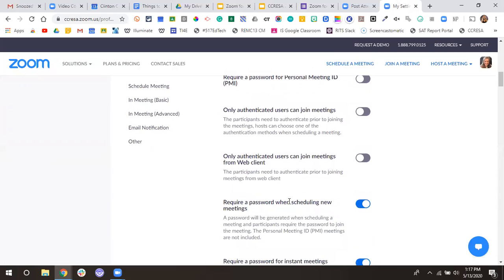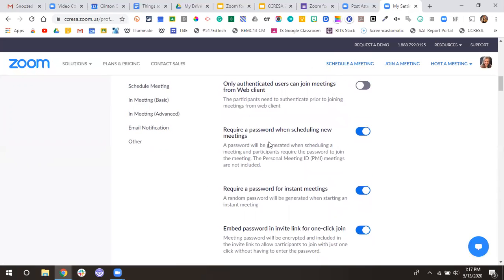Let's see, I'm just going to scroll through here. So, require a password when scheduling new meetings. That is something that CC would recommend overall, and I would say especially when you're working with students, that's when it's more crucial. So just something to consider there: when you're creating a meeting, this would default you to require a password. You can always change that, but if you set that as a default, that's what that means. Okay, moving down further,